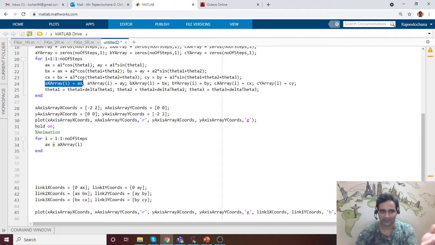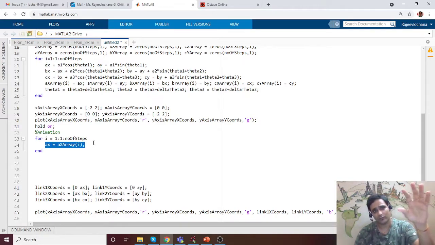See, it's just reverse. What we have done is we have generated the data. What we are doing here is we are reading the data and then we are animating. You may be wondering, why did we do this? Why didn't we do it directly? Yes, you can do it directly, but there is a specific reason, because sometimes we may read data from some text file and we may animate it. That is the reason why we are segregating both.